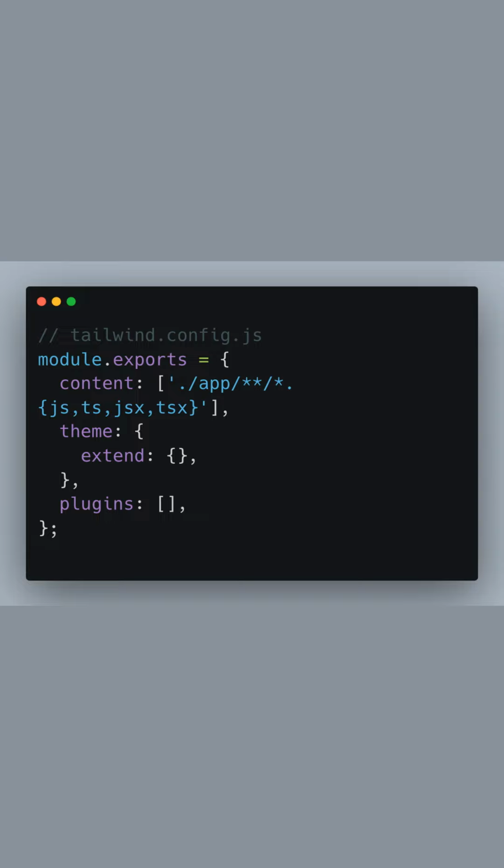In the tailwind.config.js file, we're setting up the content array with a path to all our application files. This is where Tailwind will look for class names to generate the styles for. Inside the theme object, extend lets us customize Tailwind's default theme to suit our design needs. For now, it's an empty object, but you can add your custom styles here later. The plugins array is also empty for now, but this is where you can add any Tailwind plugins that you